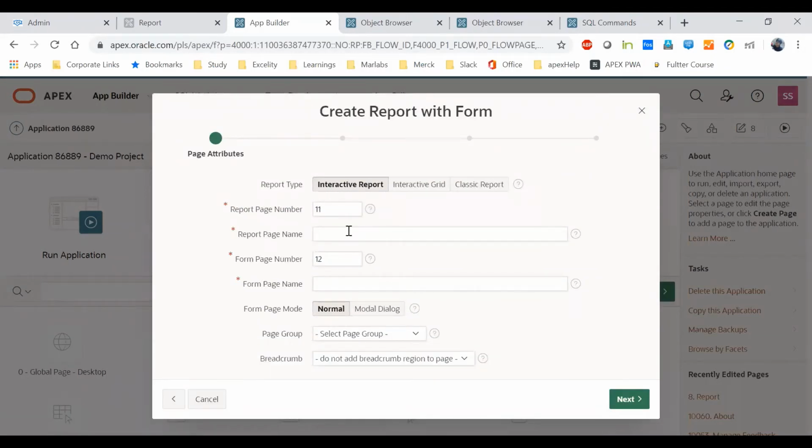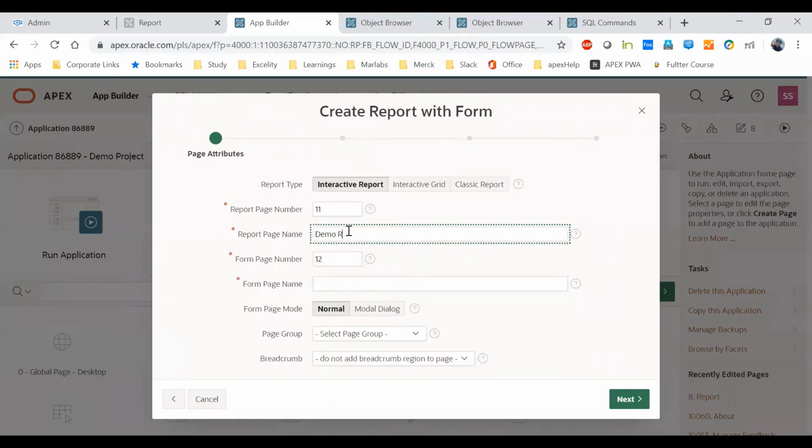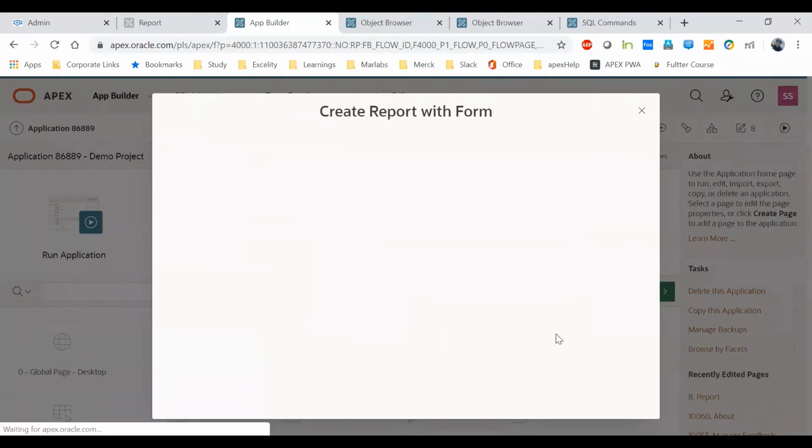The report type will be interactive report. I'll write here demo report or demo project. Then a page number and add/edit. I'll make it a modal dialog page, and we'll click on next.